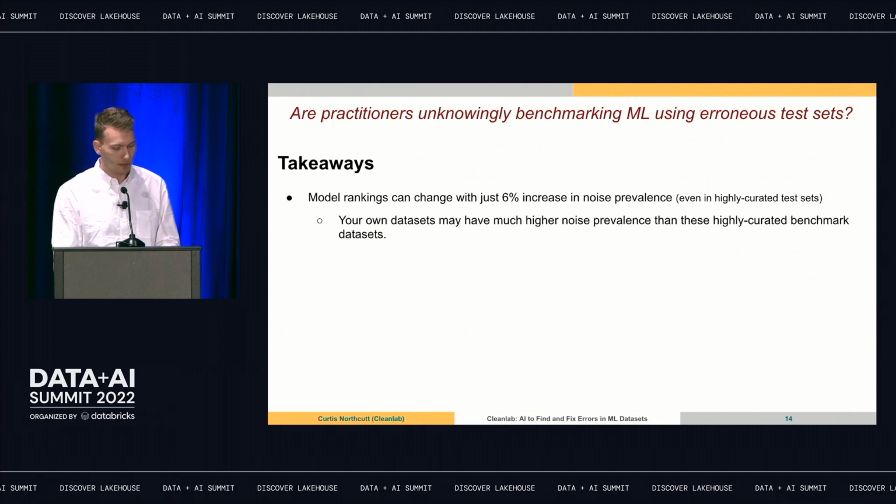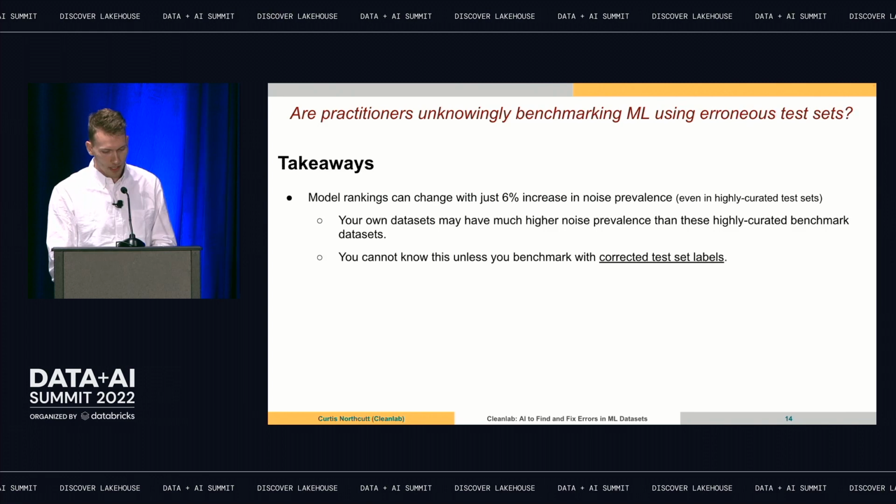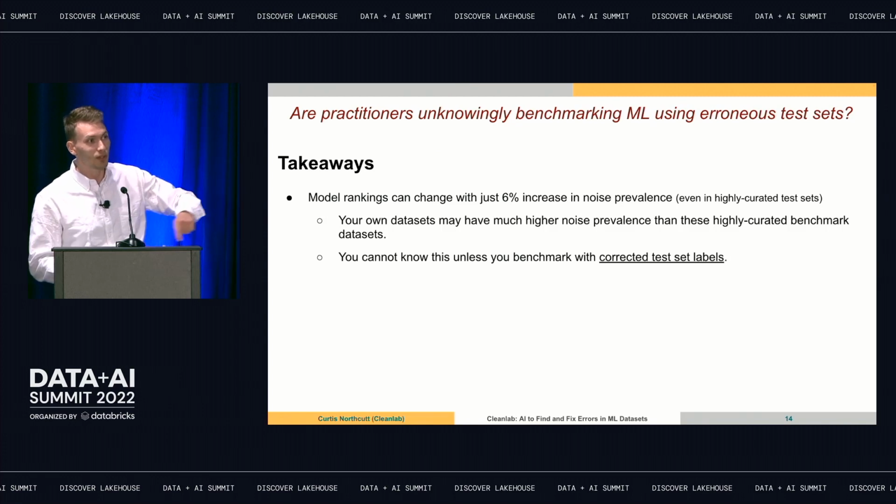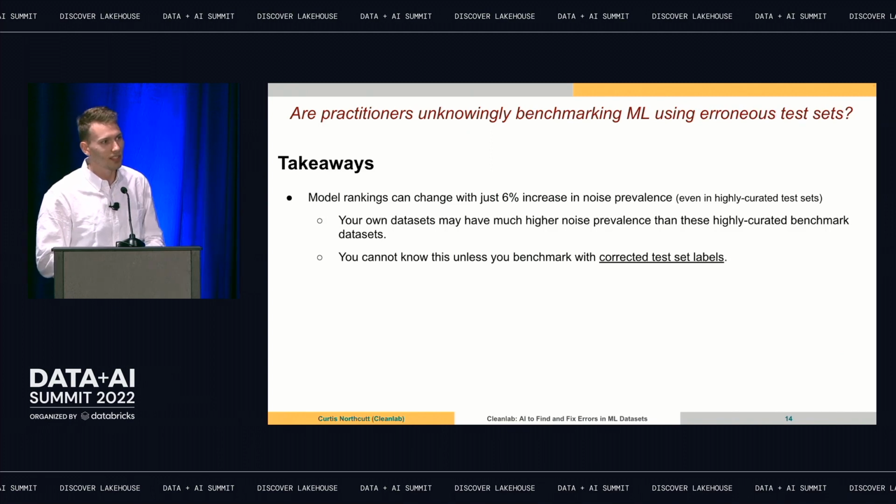There were some takeaways from this work. I'll go through them quickly. The main thing is, if you have data sets, and this is one of the things we showed, if you have just like 6% of your labels erroneous in a standard ImageNet, you can have something like ResNet 18 outperform ResNet 50, if you guys are familiar with those models. So that's very problematic. When you actually benchmark it, you'll see ResNet 50 outperforms ResNet 18, but if you corrected the labels, you would see that ResNet 18 actually outperforms ResNet 50.